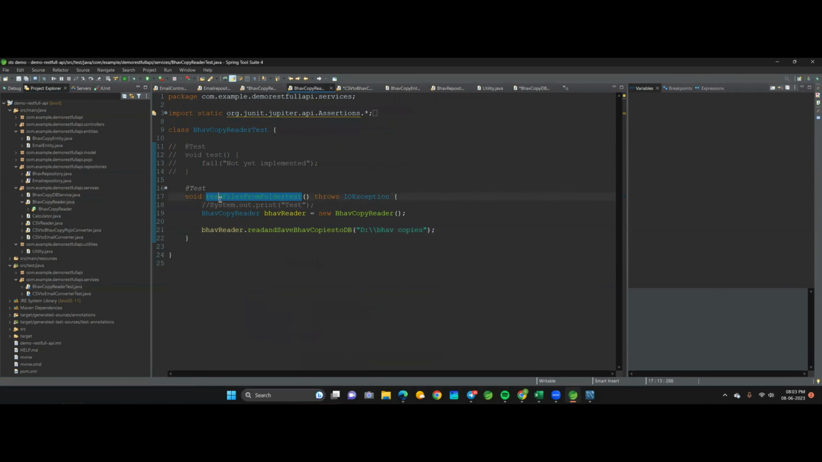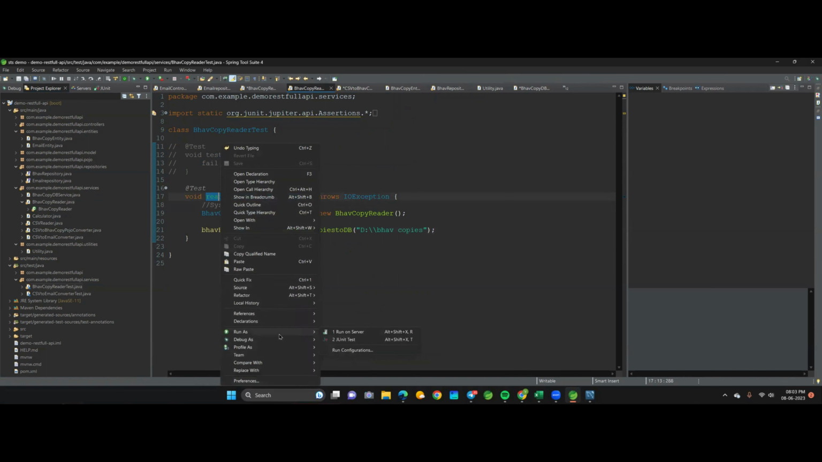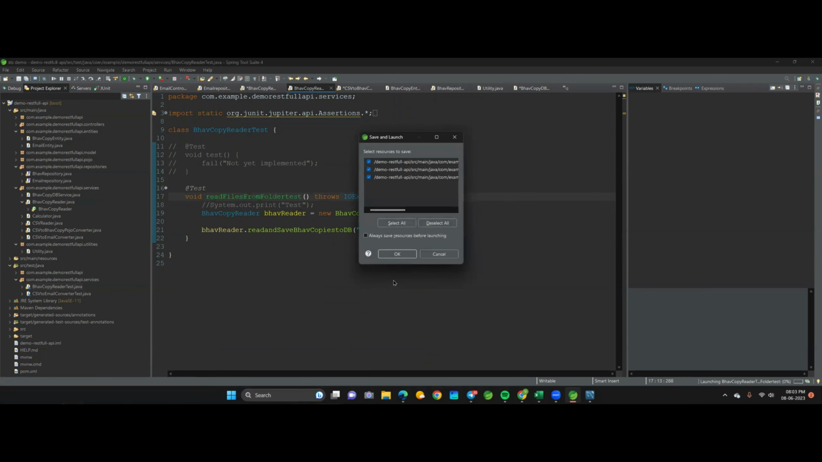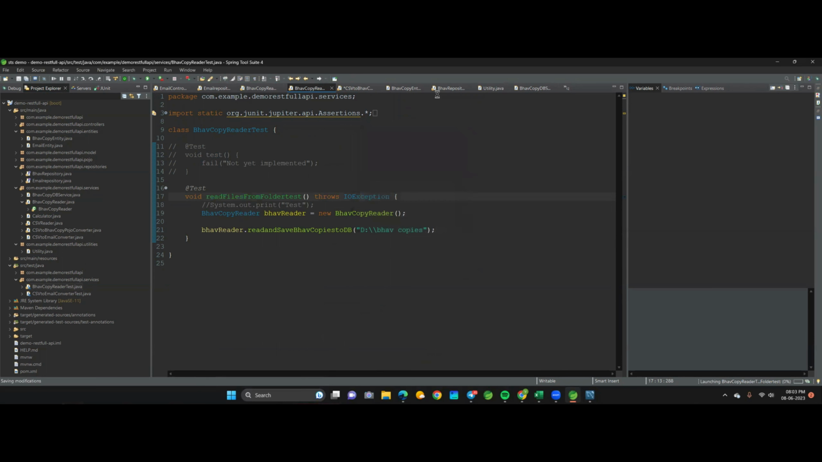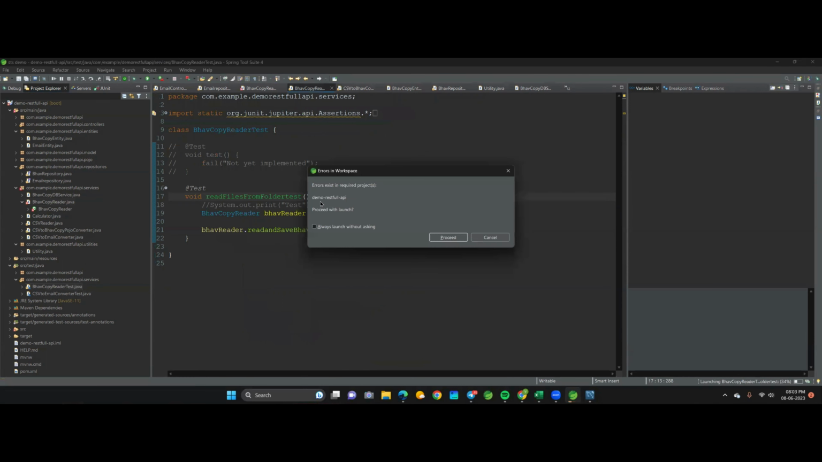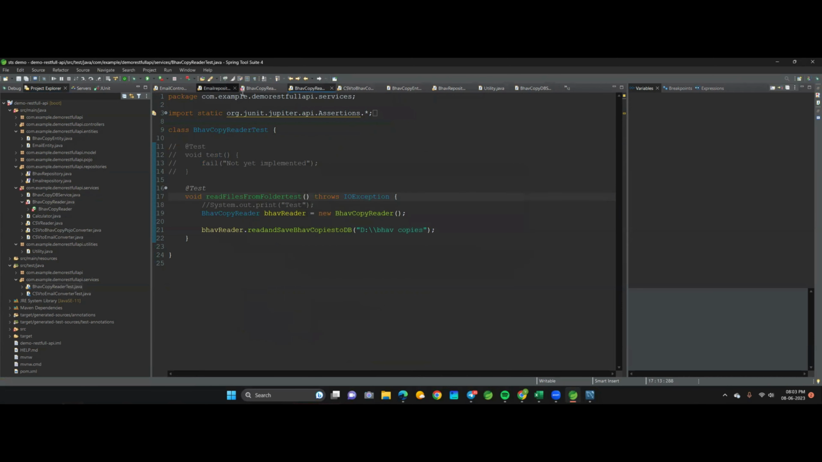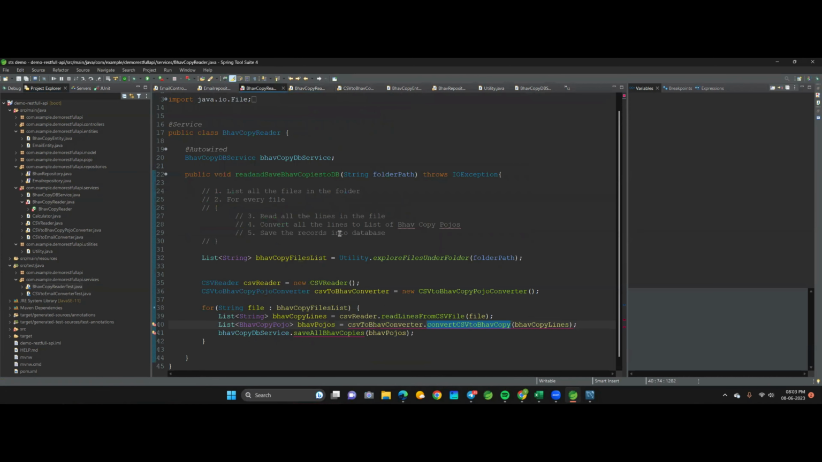Let's run it once. Right click, run as saved. 6 minutes ఉంది. ఏదో ఎర్రర్ ఉంది. Error exists in record projects here or that one. Okay. BOW copy pojo kardi. BOW copy